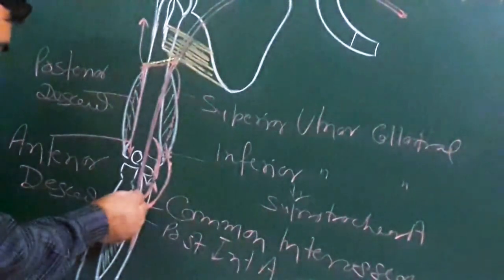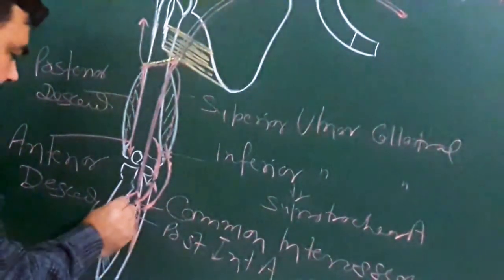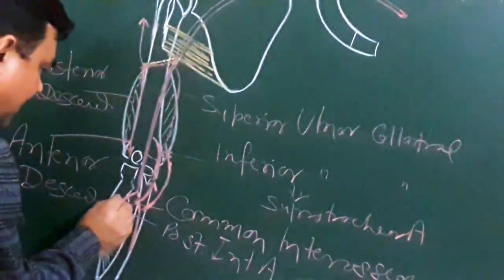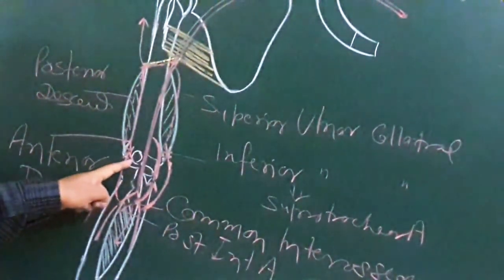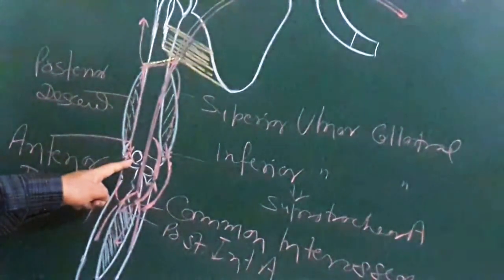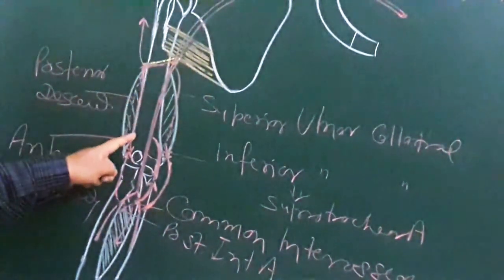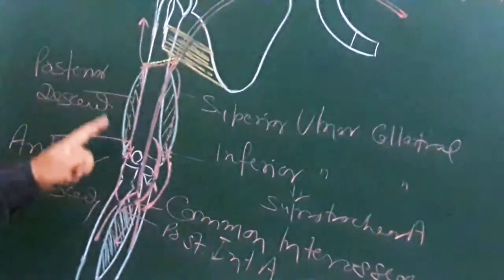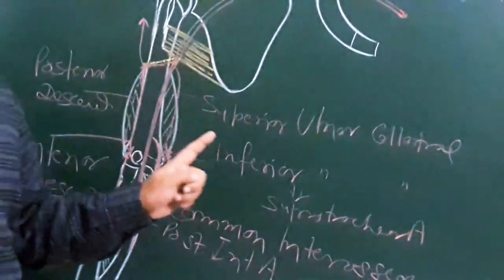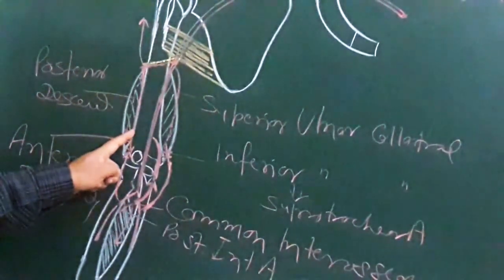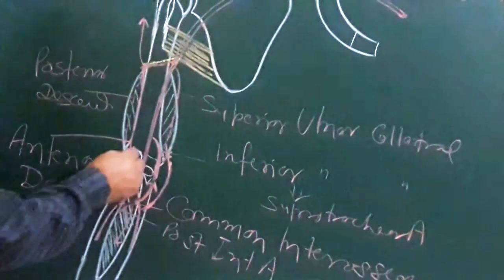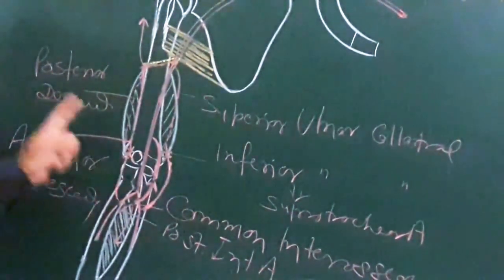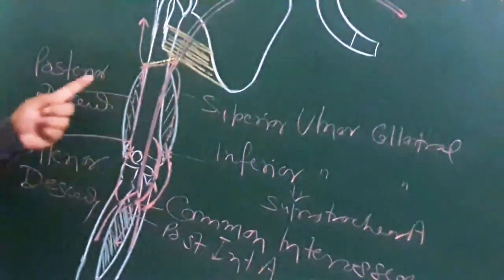Here the radial artery gives a branch. This is the radial recurrent branch, which anastomoses with the anterior descending branch of profunda brachii. This anterior descending branch is also known as the radial collateral artery. This is the radial recurrent. So it anastomoses anterior to the elbow joint,